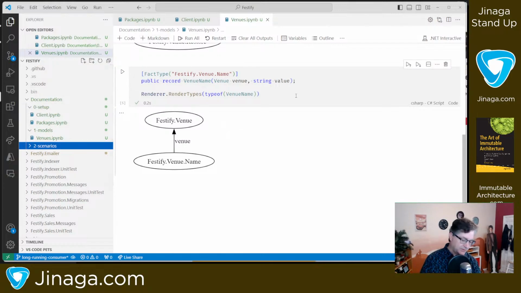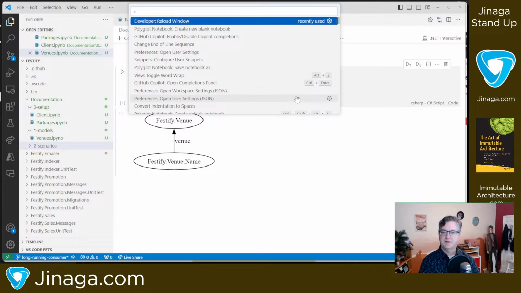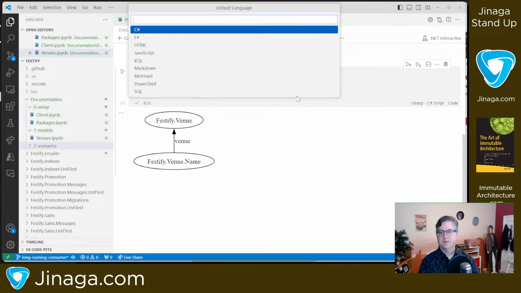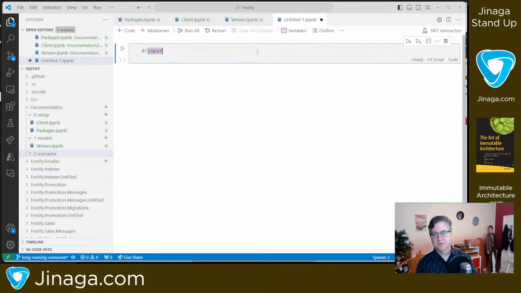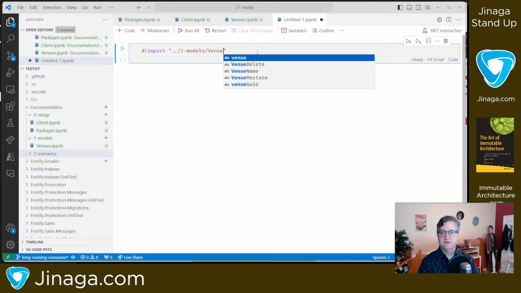So let me create a brand new polyglot notebook of type IPYNB, C#, and I'm going to import, and this time I want to import from the model. So let's go out and then back into models, and then